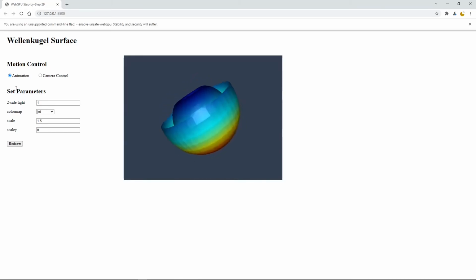In the next video, I will show you how to create a snail shell surface with both the lighting and color